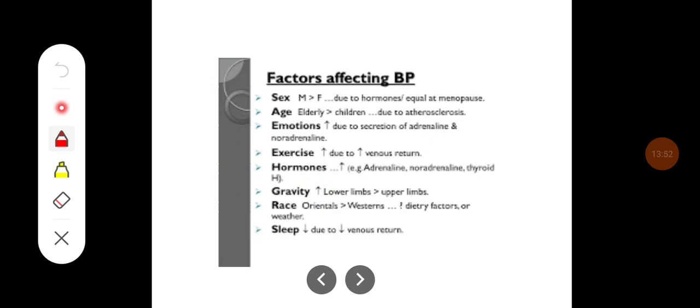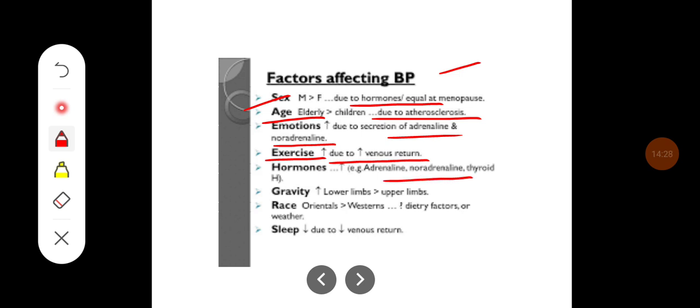There can be some variations in the blood pressure. Sex plays an important role: males will have higher blood pressure compared to females because of hormones, and in the elderly the blood pressure is high due to atherosclerotic changes. Emotions can increase the blood pressure because of the adrenaline or noradrenaline rush. Exercise increases blood pressure because of the increase in venous return, and hormones like adrenaline, noradrenaline and thyroid hormone